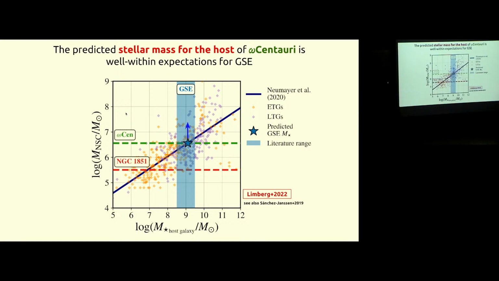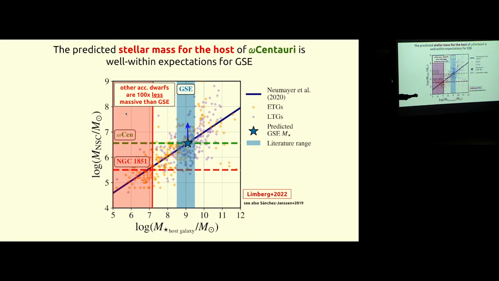But the most important thing is not this, because this could be a coincidence, right? The most important thing is that all of the other accretion events in the history of the Milky Way that we know of, that I showed in the previous slides, are 100 times less massive than Gaia sausage. So they basically occupy this region in this axis of stellar mass of the host galaxy. So if you invoke that some other galaxy was the host galaxy of ωCentauri, it really would be an extreme outlier in this relation.